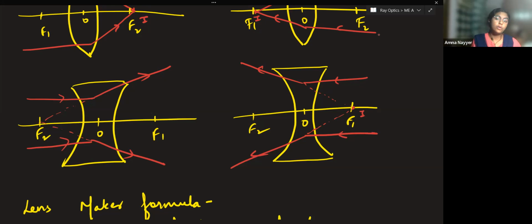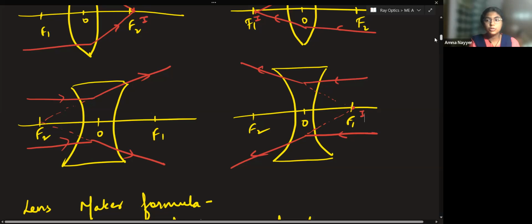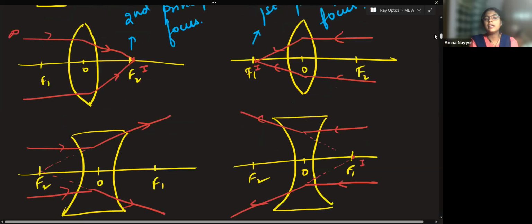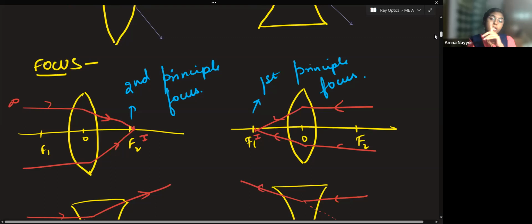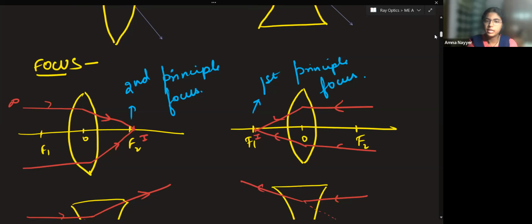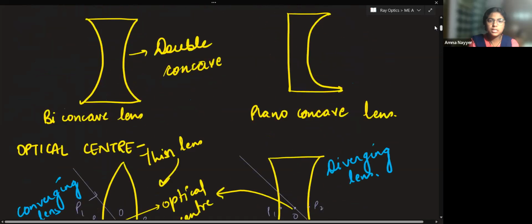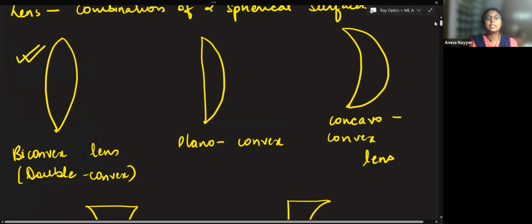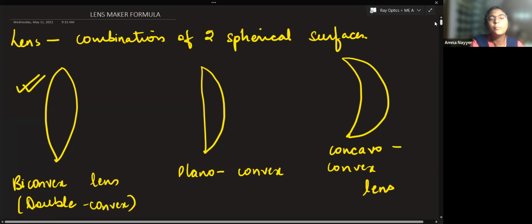Here, in case of concave lens, the images will be virtual. So most commonly, everything will be standardized by the convex lens. The way concave mirror was a prime concern, now convex lens will be. If I note down these points, then we'll start with the lens formula, how to go about the derivation of